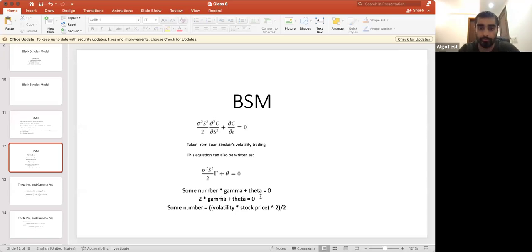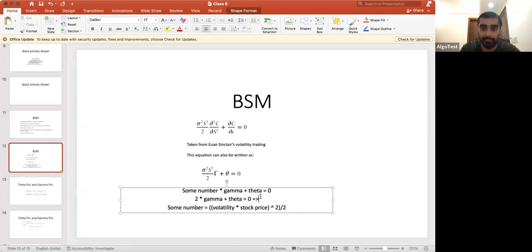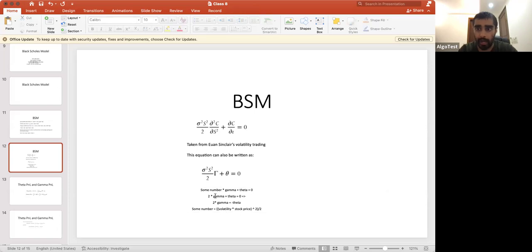Right? So what is the next step from here? The next step from here is 2 into gamma equals to minus theta. Okay? So the money that's coming from gamma is being offset by the theta that I'm paying in the case of buying an option. Okay? Like, I hope that makes sense. I hope I'm not losing you guys. I know this is like